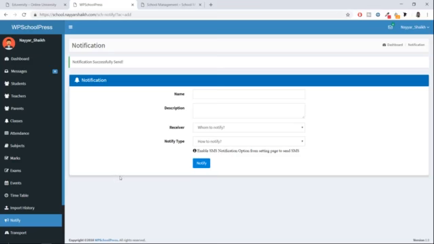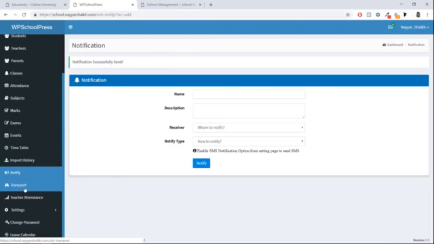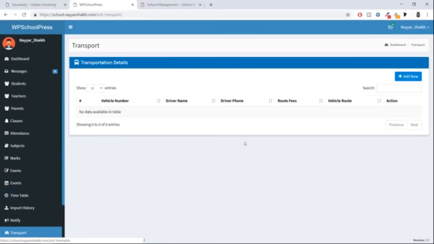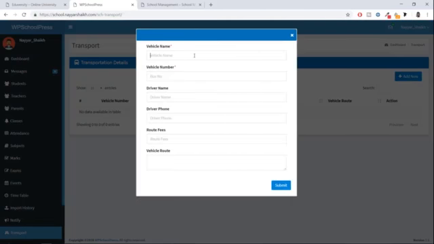Now the last thing in the back end is the transport. We have this transport over here. Click on transport and you can add transport information. For example, click on add new. Vehicle name, whatever bus it is, Tata bus maybe. Vehicle number, MH011234, whatever the vehicle number is.